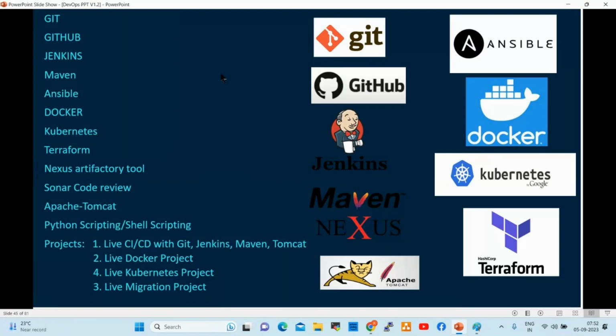Yeah. So here we are going to learn this many tools, but we don't use all the tools in real-time projects. We don't use all the tools in one project. But why are we learning this many tools? If you learn these tools, you can fit for any project, right? So companies are using at least two tools only. In our project we are using Kubernetes and Jenkins.